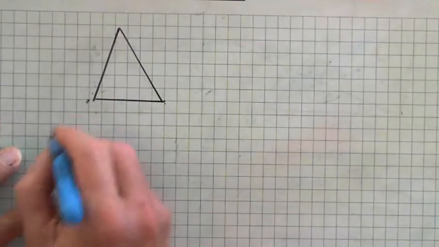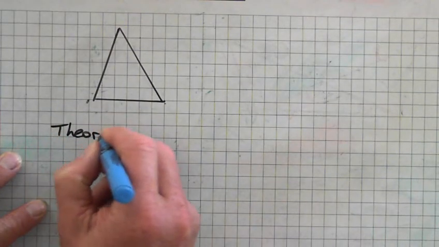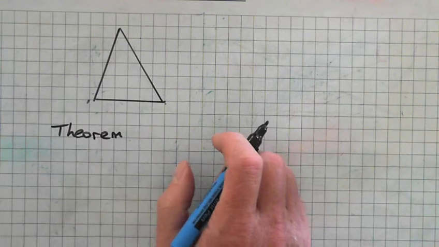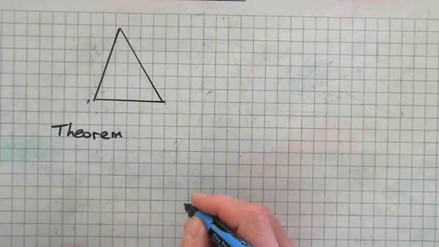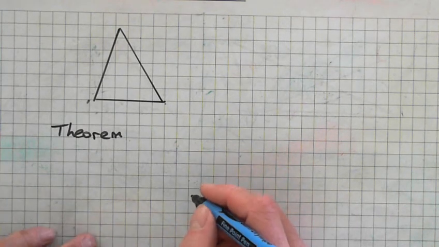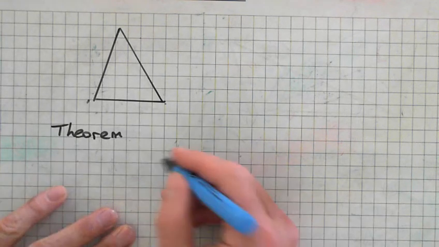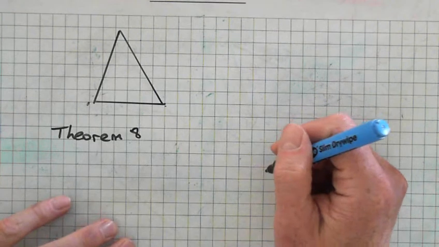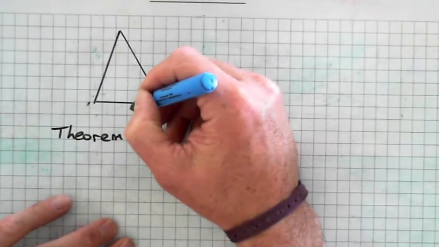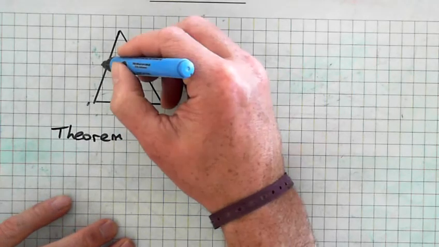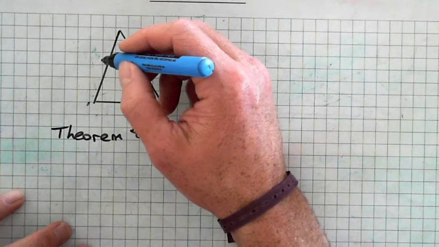Look up at this theorem 8. So everybody can look up for this one, except for the back. Theorem 8 in triangles says that if I add two sides, the answer must be greater than the third side. So for example, if we have